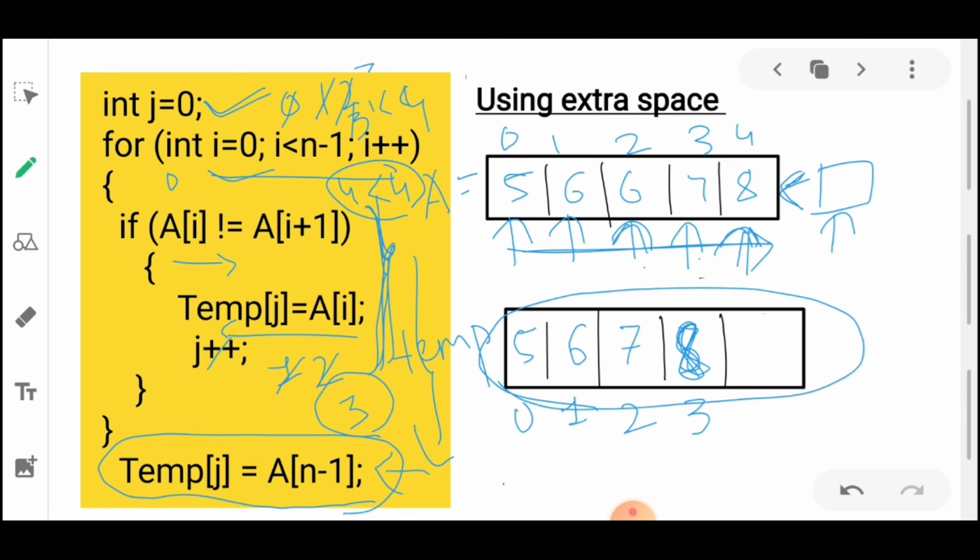Okay. So let's discuss the time complexity of this solution. The time complexity of this solution will be O of n, because we are iterating through the input array once, and the space complexity of this solution will be O of n, because we are using extra space here. This temp is nothing but the extra space. Okay, so this is not a very efficient solution. We can optimize this solution by not using the extra space. Okay, so let's see how we can do this.